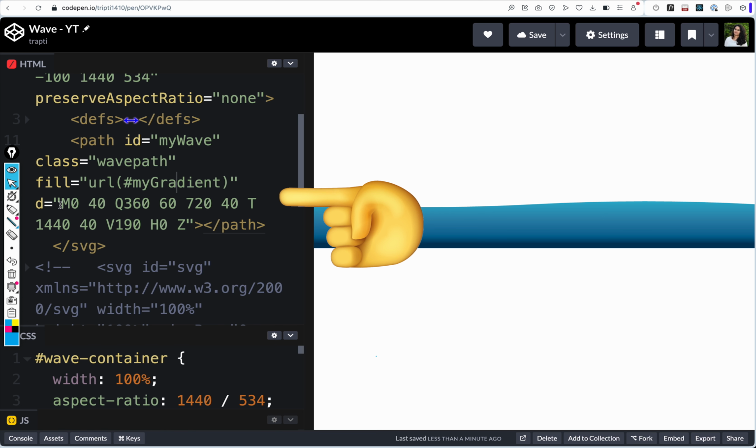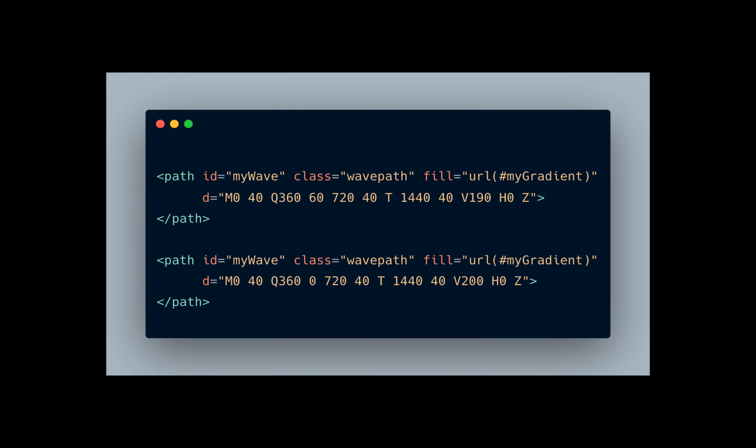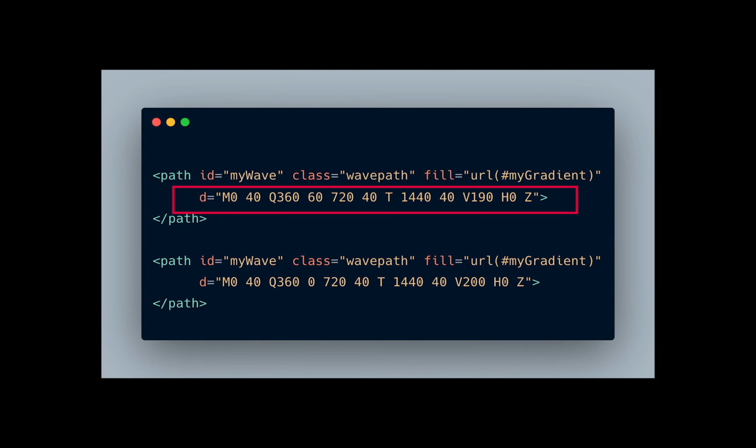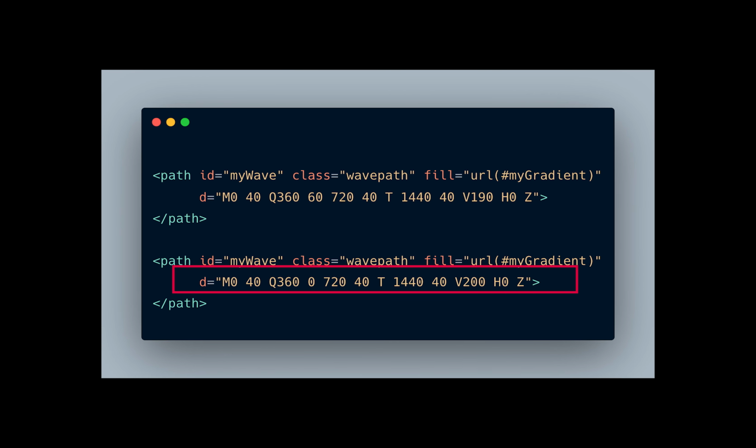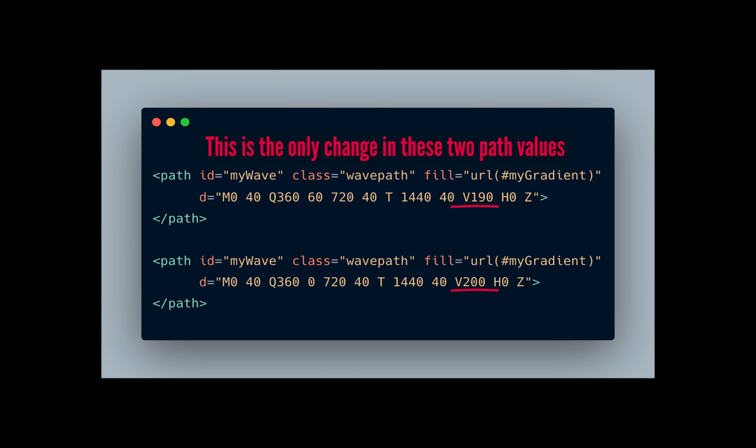Each SVG path has a D attribute. This is the set of coordinates and curve commands that define this shape. When animating, we basically change that D value over time from the first path to the second using keyframes. In my case, I didn't create these paths from scratch. I found an existing one and just edited the bump position manually in the second version. That's how the wave appears to move.